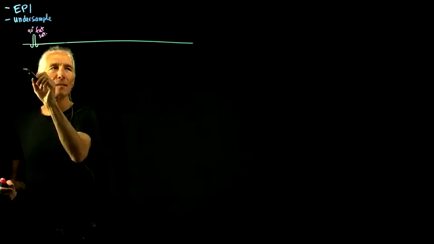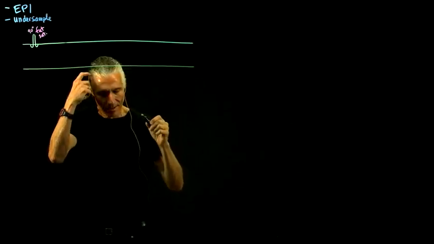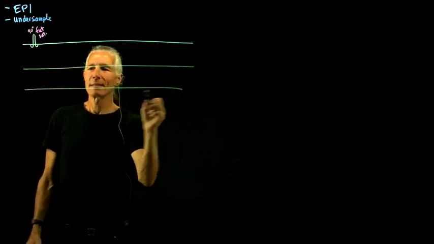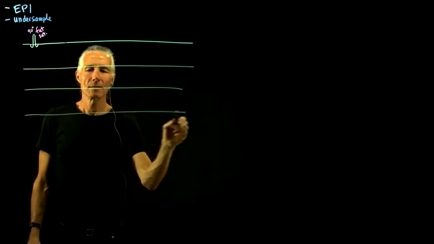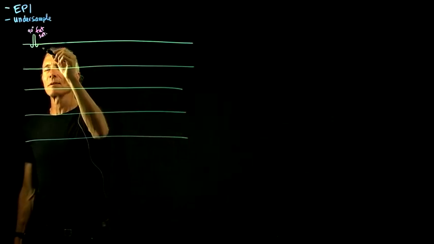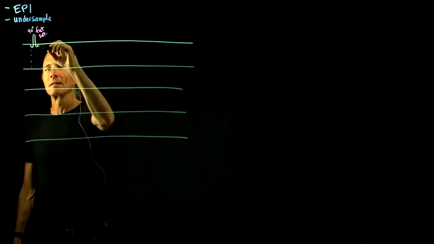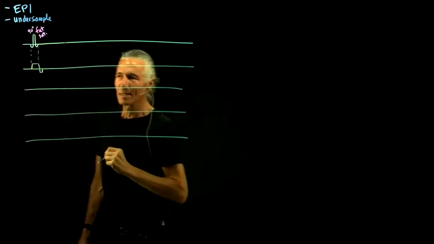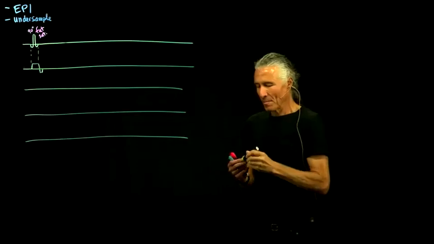Now that's going to make a signal, and so we have to get rid of that signal somehow. This is done before virtually all fMRI pulse sequences. So the first thing we have to do is select a slice, but when we do our